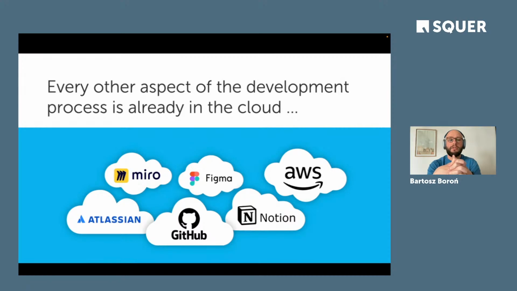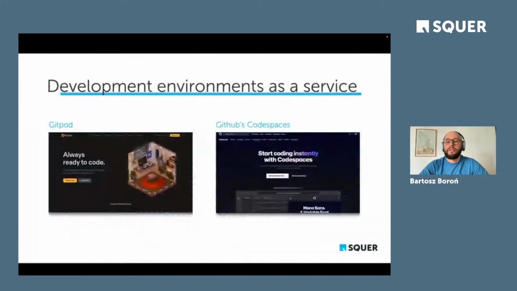I only know a few examples, and few people are really already developing in the cloud. But there are many options. So today we've been talking about the dev container standard, which is basically the foundation of GitHub's Codespaces. There is also the so-called Gitpod platform, which is basically the same approach.